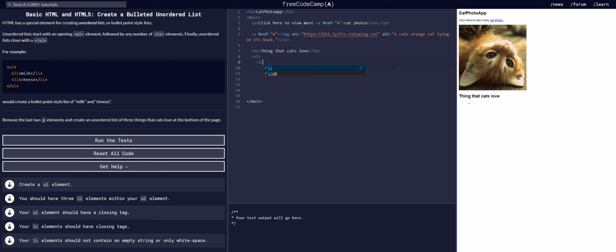Unordered list, and create a list item, and create the 3 things that cats love. I am a cat owner and I know what my cat loves. My cat loves me. It loves me. My cat loves scratching my door. And my cat loves